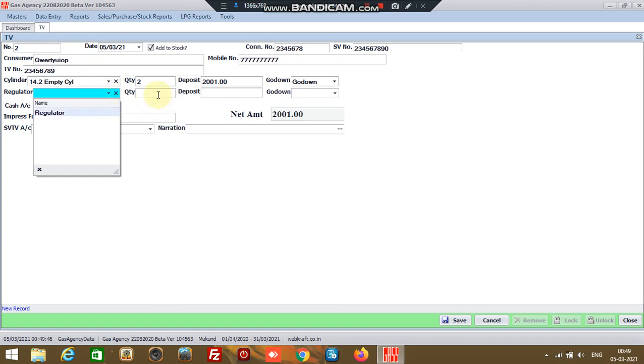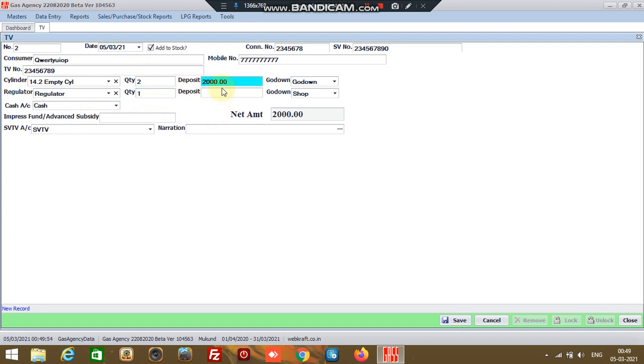Similarly, the regulator deposit is also refunded. Let's say 100, and the subsidy amount for 2 cylinders, since there are 2 cylinders over here, let's say 300 plus per cylinder, a total amount of 600 is being recovered from him.